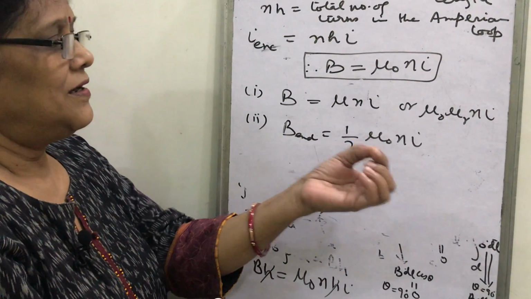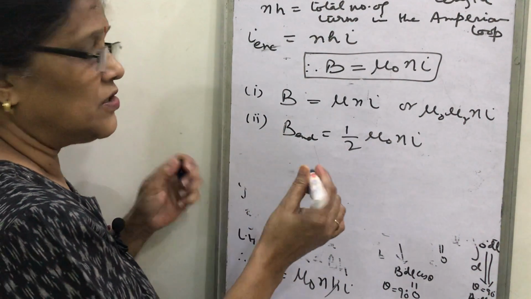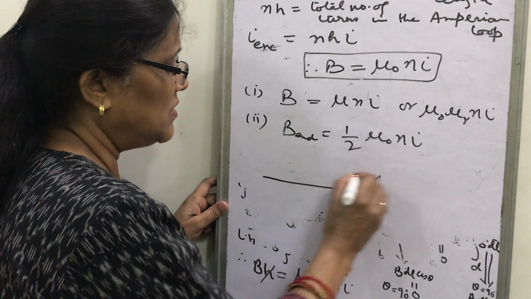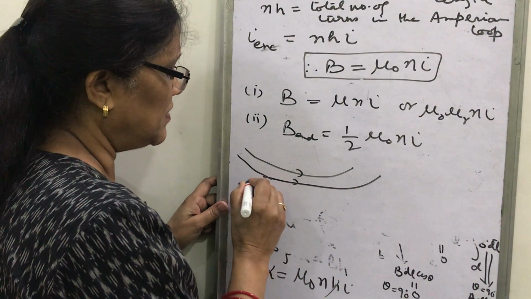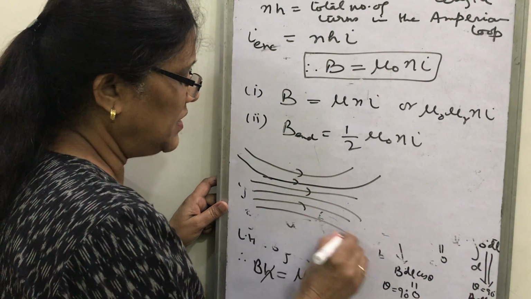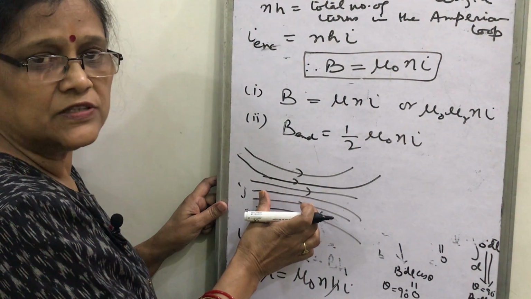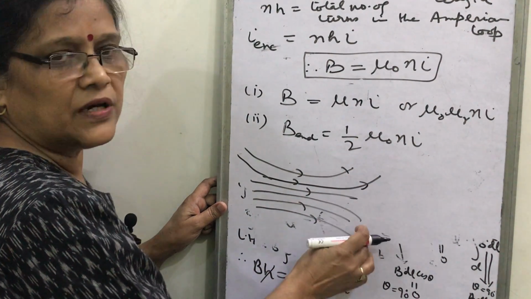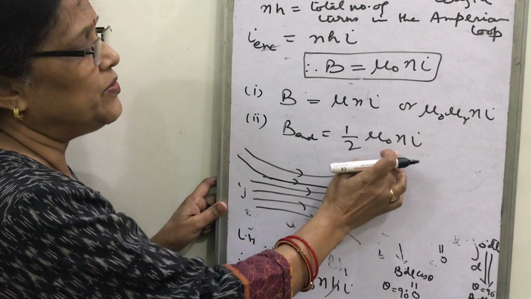At the extreme points, we have seen the magnetic field lines for the long solenoid, the actual one, not the ideal one. We find that the field lines are supposed to be like this. I have shown the field lines in this way. Along the axis they are almost parallel for the real solenoid, and at the end the number density of field lines per unit area decreases. You can also say that is the reason for half mu naught nI at the end.